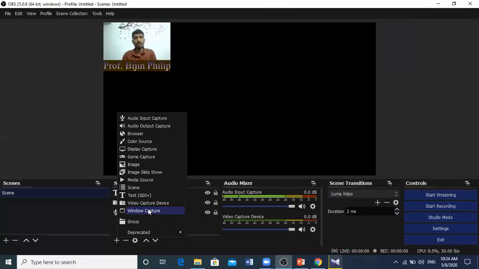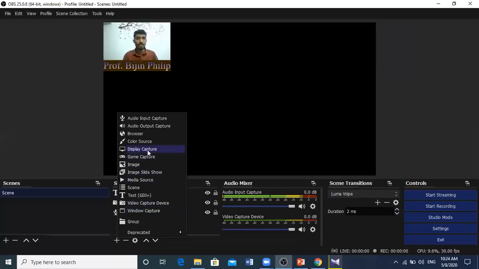But for teaching purposes, I think most of you are using a PPT, so you need not show any other things. In that kind of situation, you can use Window Capture. Window Capture means only one particular window will be recorded. I think you are clear with both functionalities. Anyway, I will create a video using display capture and also using Window Capture.